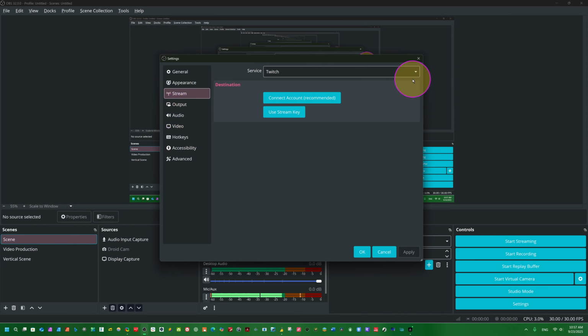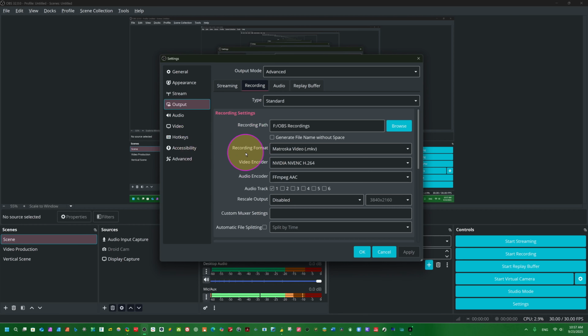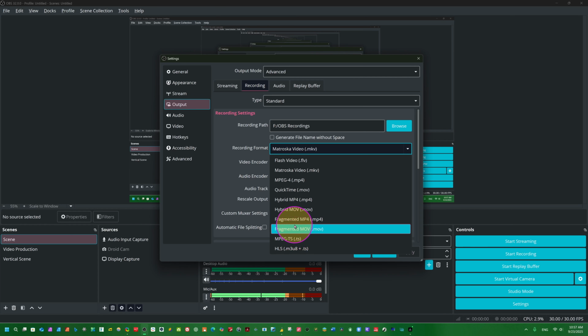If you want to stream through OBS Studio, here you can stream. This is the output setting. Here let's see this MP4 beta. Now it's possible. You can see the recording format here. Now in default we have hybrid MP4. If you want to record in hybrid MP4, it will be MP4 video and audio format, but it will work like MOV. Means if your electricity is cut off at home, or your connectivity is lost, or OBS Studio crashes, or your computer stops working, it will save your video. Means you will not lose the video.